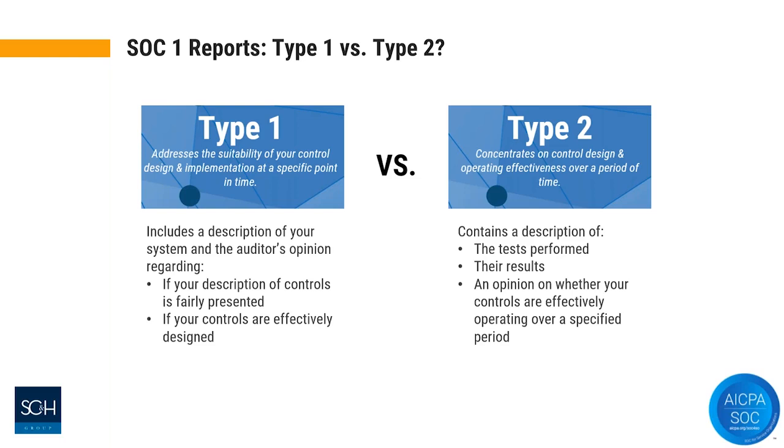So it is a lot more invasive and comprehensive, probably a better word, and therefore it gives a lot more comfort to your clients, and that's the report that 99% of clients and prospects are looking to get. A SOC 2 report, as we'll learn, also has a type 1 and a type 2, but those are the important designations between the two.